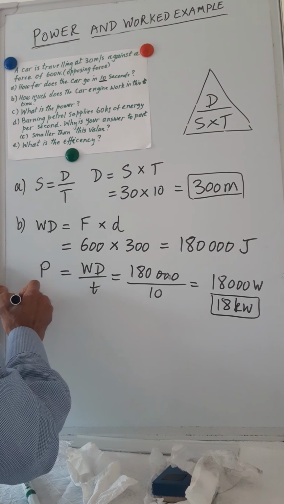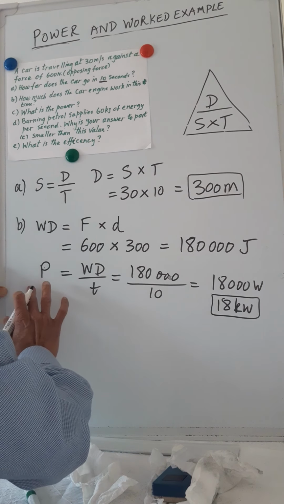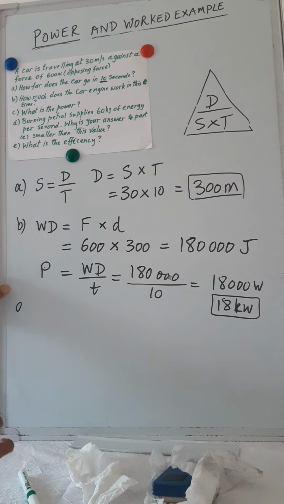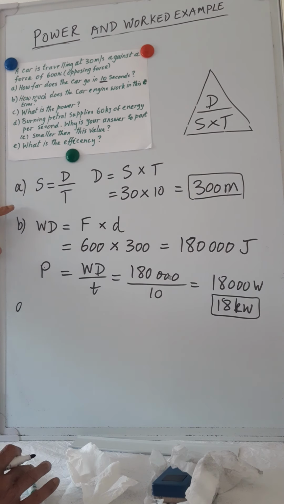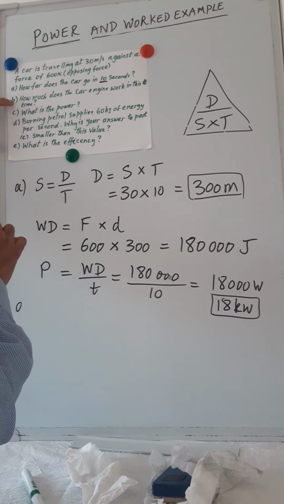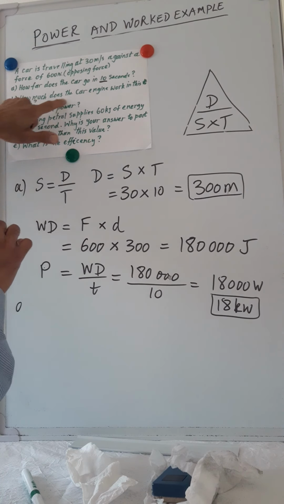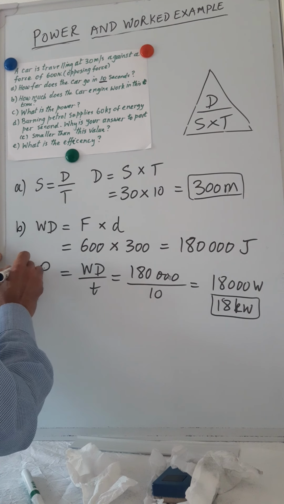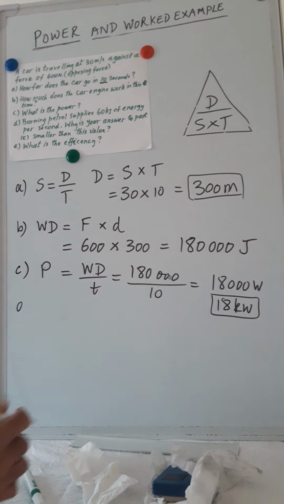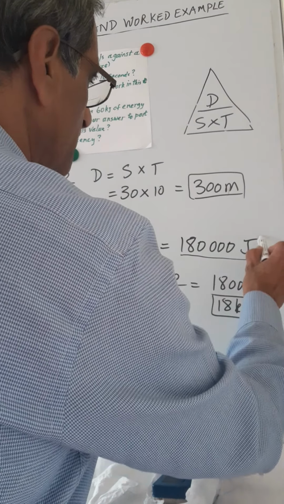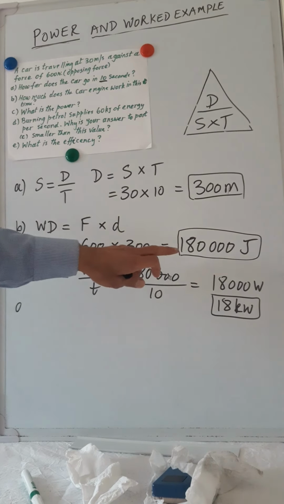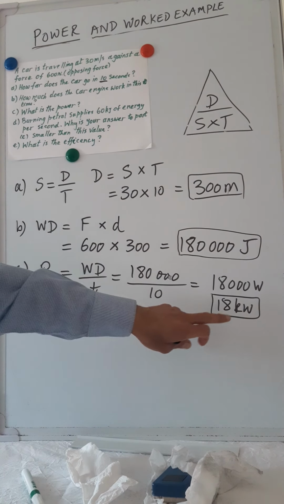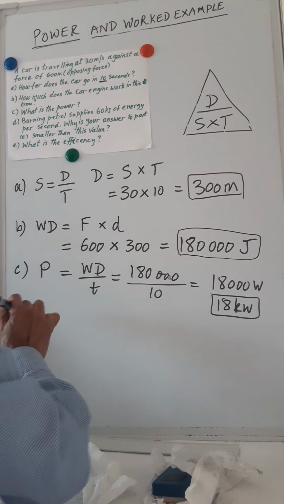Okay, part D, C. No, actually, this was part B: how much work does the engine do? So the work done is B, and this is part C. So part B is how much work the engine does, and this is the power. And then part D